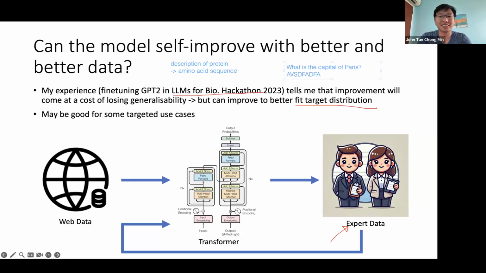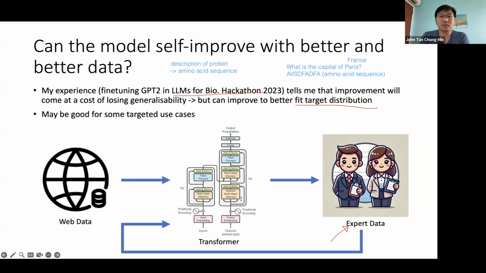It gave me this amino acid sequence, which shows that because of my fine-tuned data, it gave me something that matches the data that I fine-tuned it with, but it lost the ability of the original model to tell me, oh, sorry, what's the capital of France? Yeah, France is Paris. So it lost the ability to do general questions like this because of the data that I generated and used to fine-tune. And if you look at the technical reports of Meta and so on,